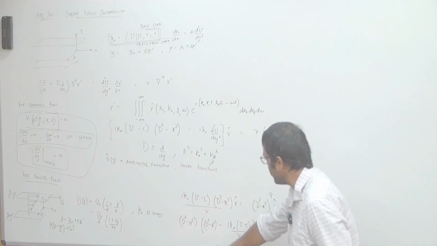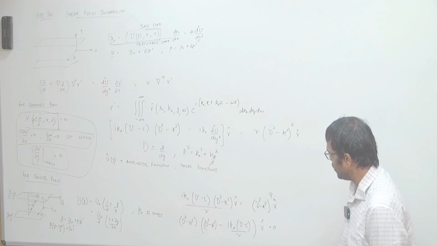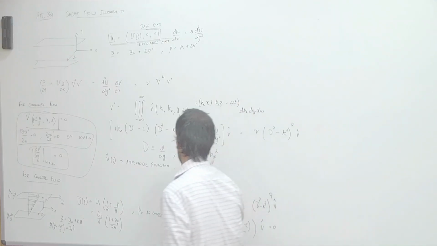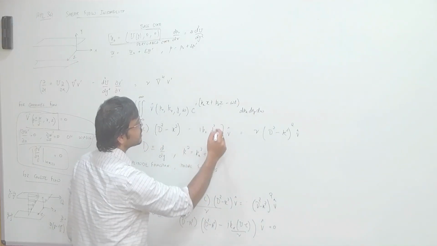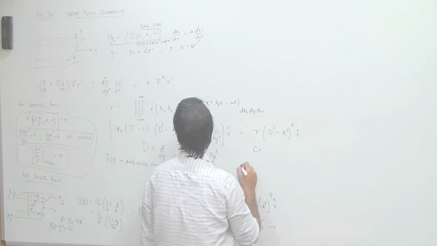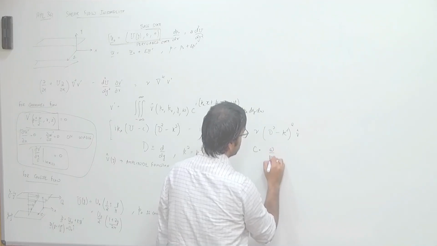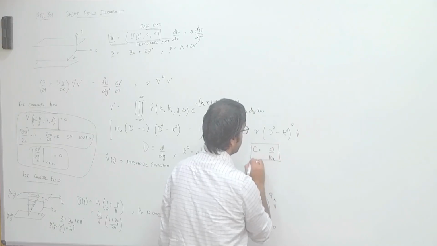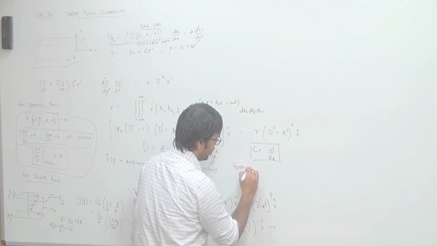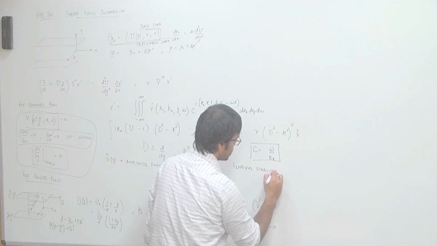So, this is a simplified equation that you end up with, and so here C, let me just write it down for completeness. C we had defined as omega over kx. Okay. So, in your temporal stability analysis that we are going to mostly do in this course, in your temporal stability analysis,